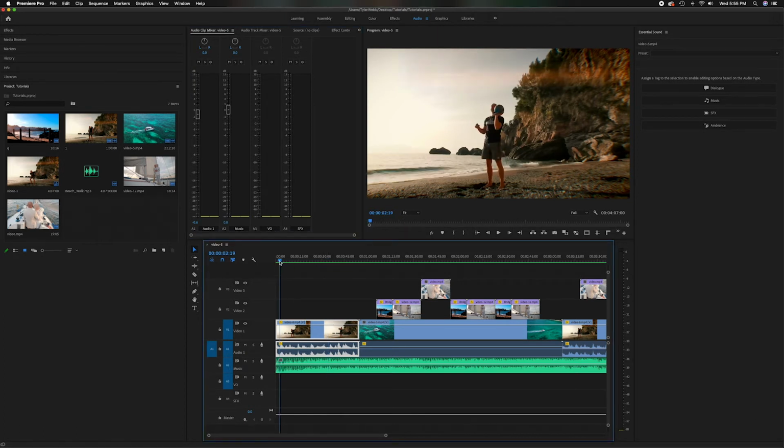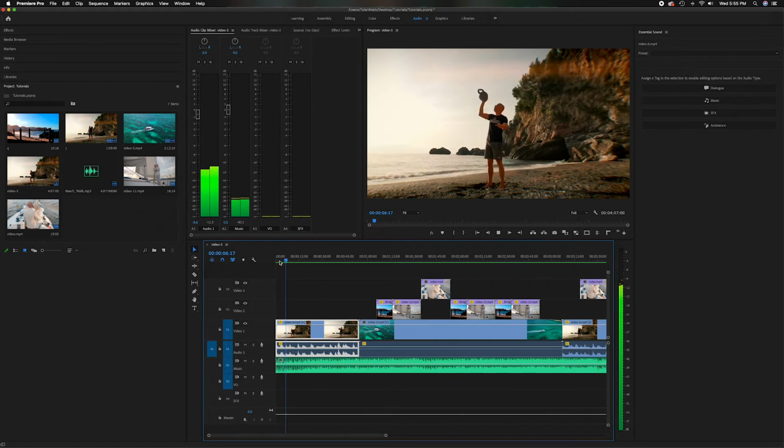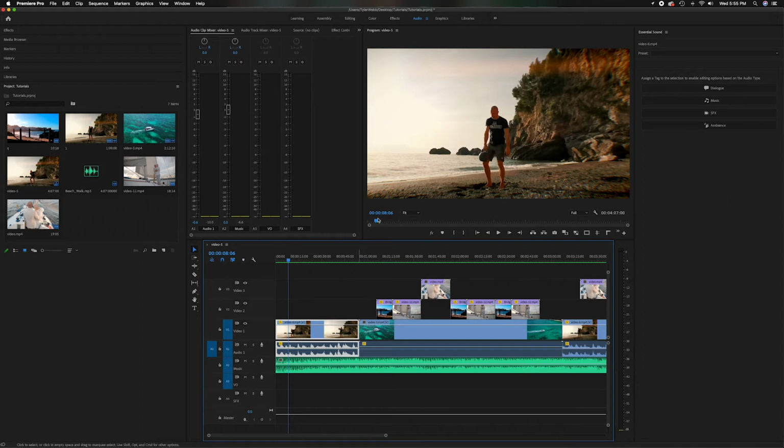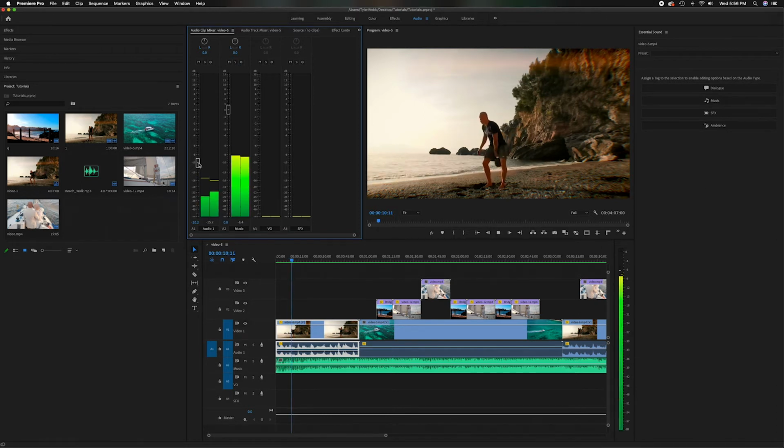So let's just play it from the beginning. Now you'll notice the wave sounds from audio 1, which is matched with the video, it's very loud. It drowns out the music. So let's come up here to audio 1, and let's just lower it down, let's say at a -10. And then play the same thing. See, now you can hear the music more. And let's lower it down even more. You can barely hear the waves. But if I bring it back up,